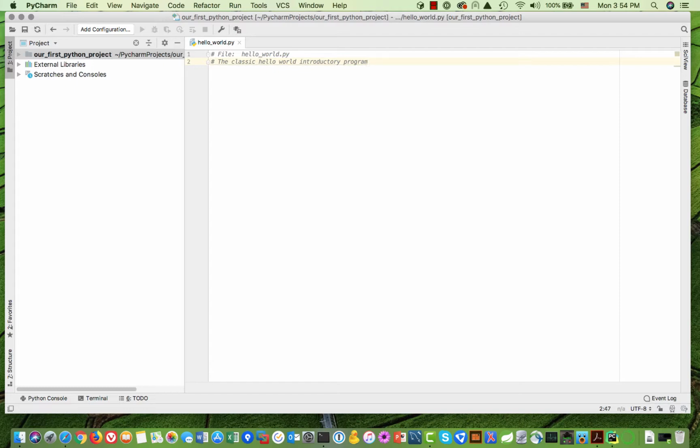And we usually put 2 blank lines after that, and now we need some Python code. Now, when we get to the course itself, we're going to learn about all kinds of conventions about where to put your code and what to name things and all that. But for right now, we're just going to use that print statement again. So it turns out that whatever code you just put here in the module, and it's not inside of any other constructs like a function or a class, it's going to be executed. So if we want to print